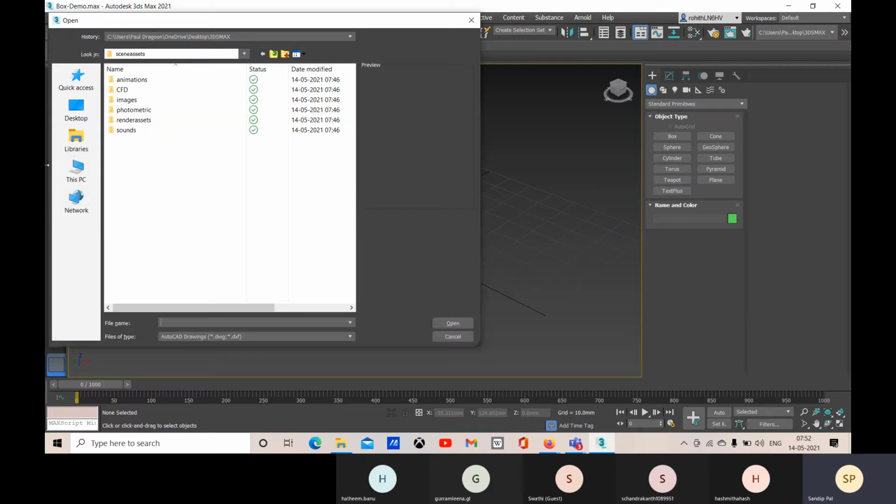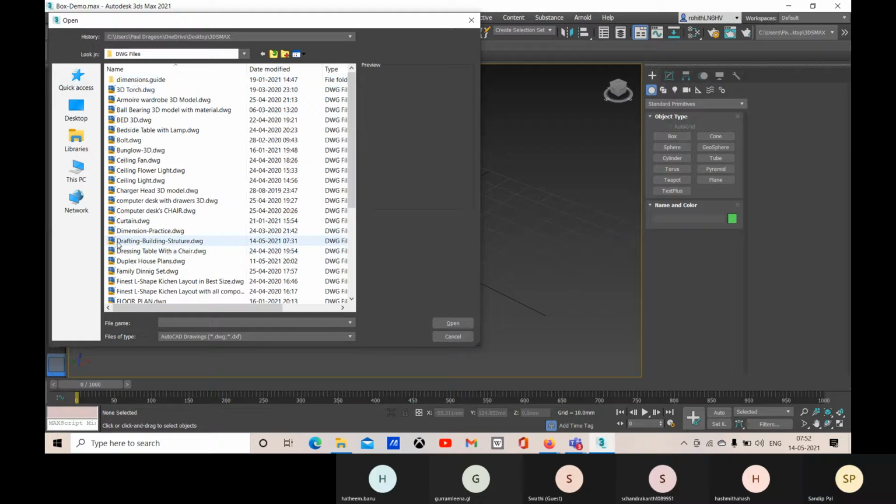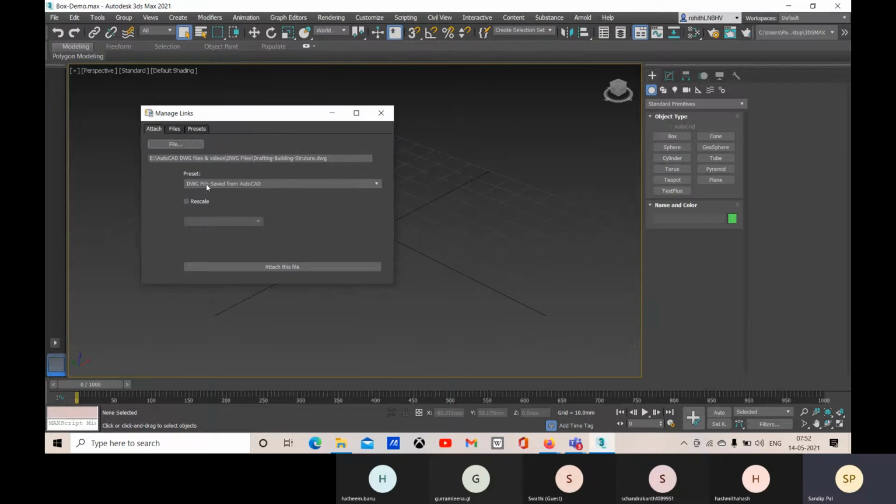So let me select this CAD file here. Okay, so let me select this, and this is right now selected. The preset is DWG file saved from AutoCAD.